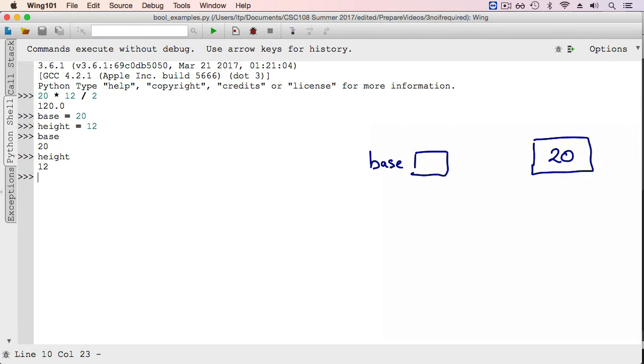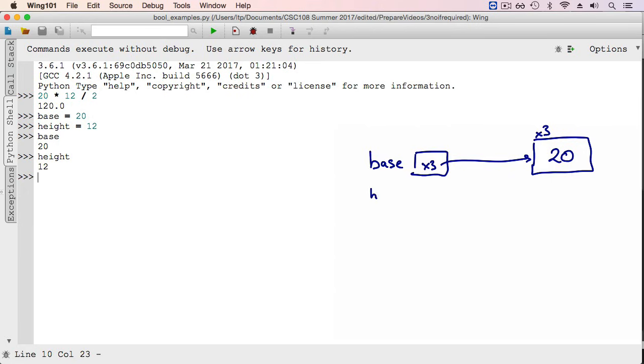And let's say that at memory address x3, the value 20 appears. The assignment statement takes that x3 and puts it in the box associated with base. So base contains x3, and in some sense what that means is it points to memory address x3